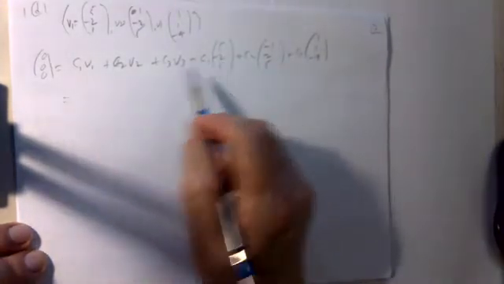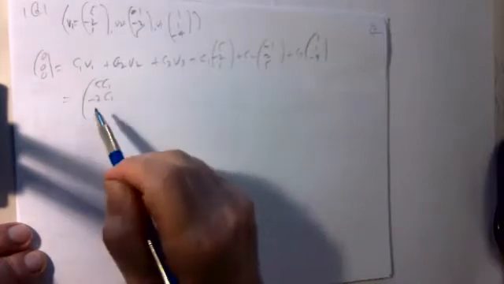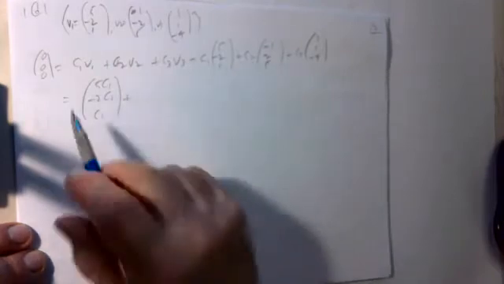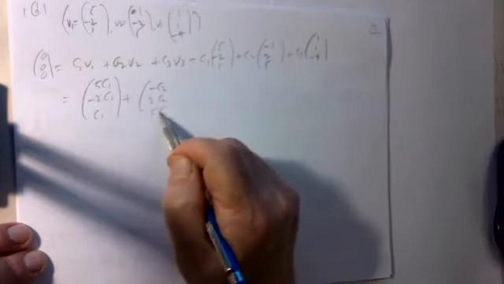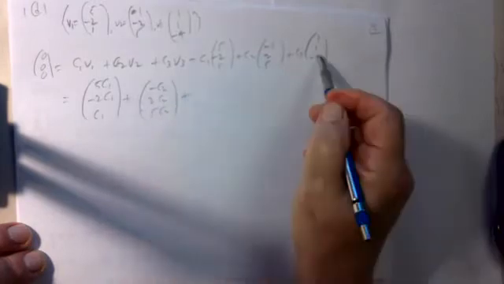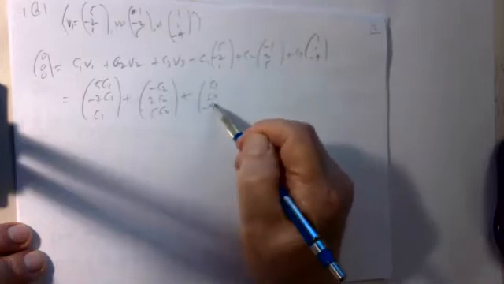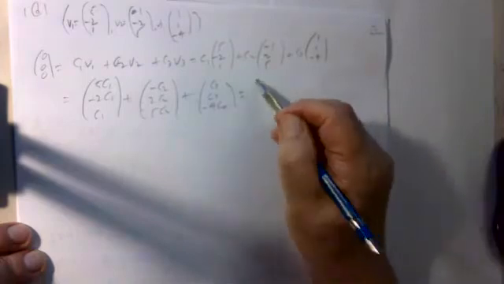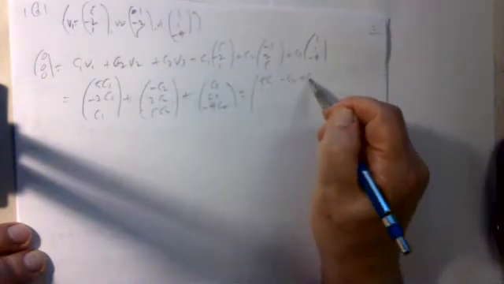If I multiply this by C1, I get 5C1, minus 2C1, C1. If I multiply this by C2, I get minus C2, 2C2, 5C2. If I multiply this by C3, I get C3, C3, minus 4C3. And then when I add, I get 5C1 minus C2 plus C3,